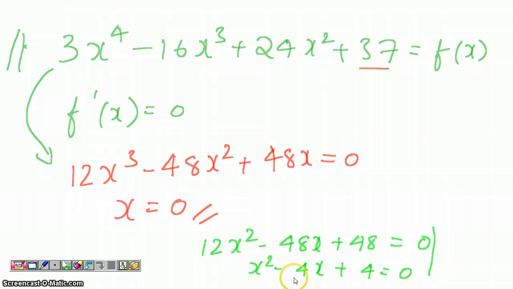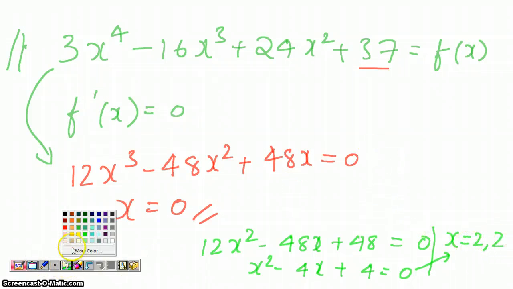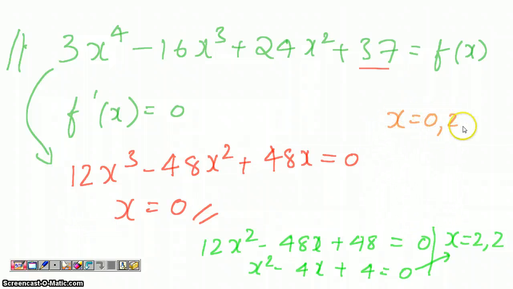For such a quadratic equation, the solution, in whatever way you want to try, you can even try by trial and error, or minus b plus or minus square root of b square minus 4ac divided by 2a. Any such elementary method will tell you that the roots are 2 and 2 repeated. Let me write the grand finale result. The answer is x equals 0, 2 and 2 are the roots. So it has 2 distinct roots, which means there are precisely 2 extremum